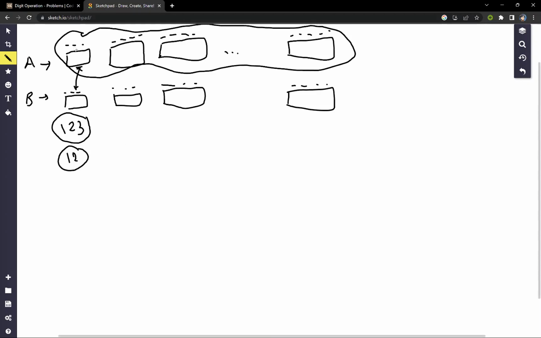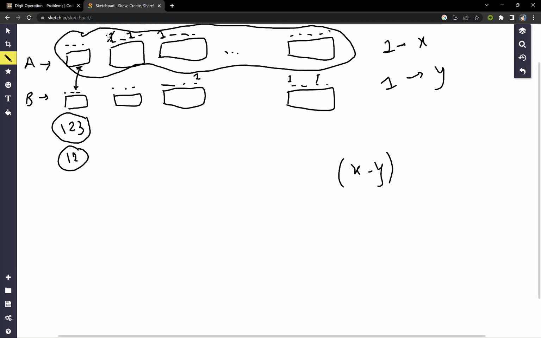Afterwards, we will match as many characters as we can in array A and array B. Suppose we have x number of ones in array A, and we have y number of ones in array B. So we can match the minimum of x and y ones in array A and array B. Suppose we have 3 ones at these positions in A, and ones at, let us suppose, these positions in B. Then we will have 0 cost, as we can swap these ones in any order.